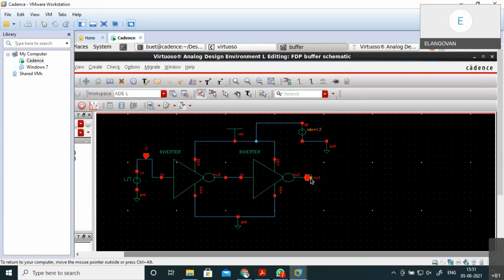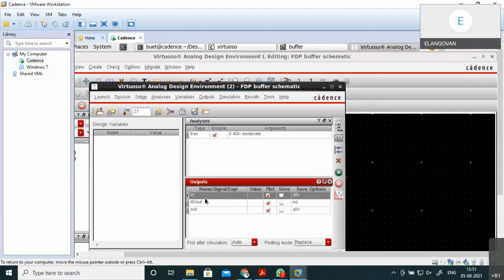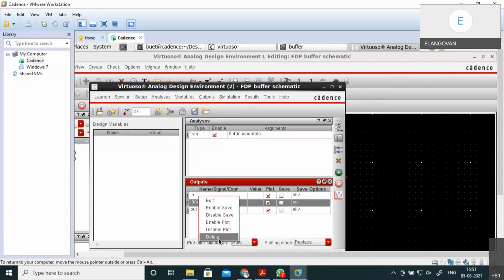You can use U for undo. So let me check once again. Maybe. So output's coming here. I delete this. So I chose all the values.